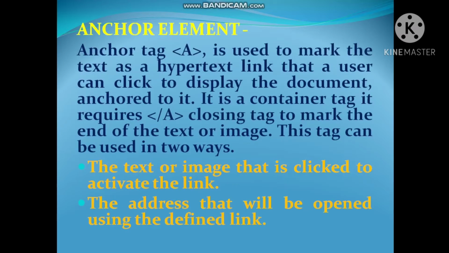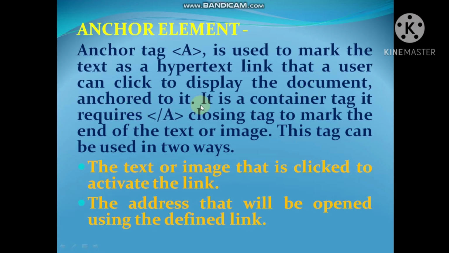Anchor elements, that means attributes of anchor. The anchor tag you should use in angle bracket A. A is an anchor tag, used to mark the text as a hypertext link that a user can click to display the document anchored to it.